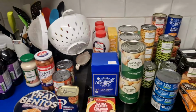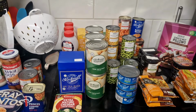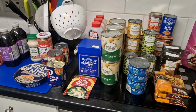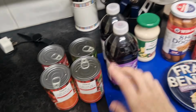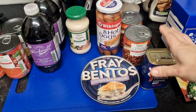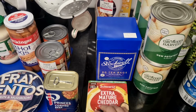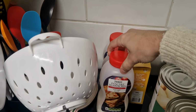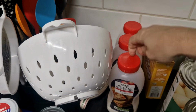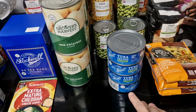I've sorted everything out. These and these need to be used first. Everything else is okay until about the middle of June next year. Most of it's like 2028, but there are some bits that need to be used by June. So, still got the soups, we've got 2 juices, carbonara, fried bentos pie, corned beef's okay until 2030, chili con carne, hot dogs. Got a cheese sauce, I didn't even know was in there, forgot about that. Tea bags, some puddingy type bits, got a popcorn, and I think there's 3 bags of popcorn? Yeah, 3 bags in that, and pancake mix, lots of new potatoes, and we've got some veg, lots of tuna,